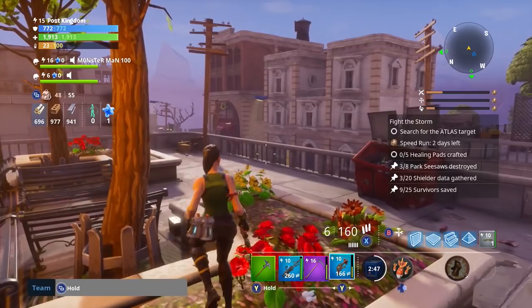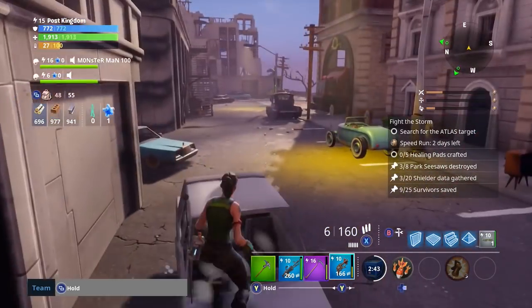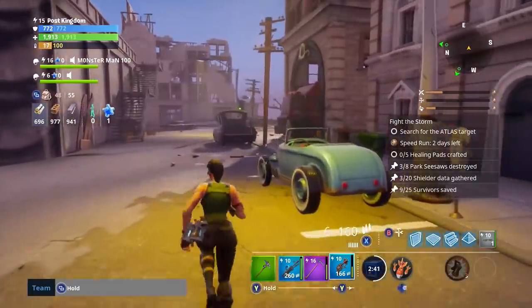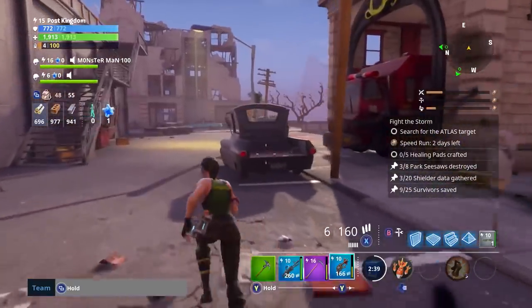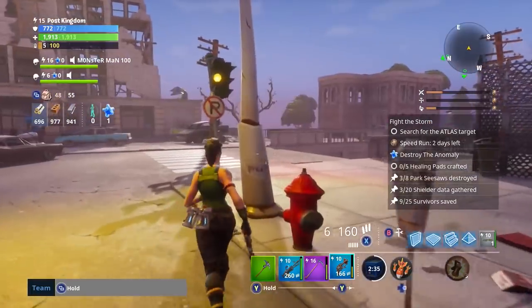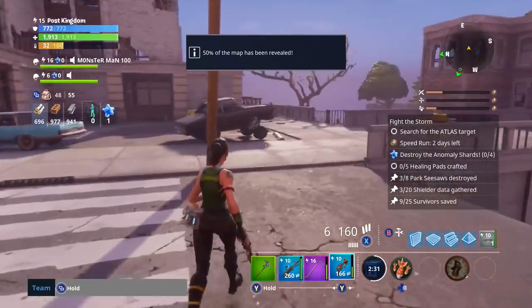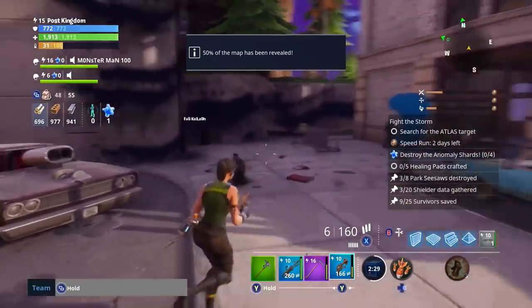But yeah, Save the World is an awesome game mode, and I really do highly recommend trying it out. It is quite enjoyable. I haven't managed to find the atlas yet, but that's the fun part of it. And if we find someone to save, we'll go and save them, because I do need to save some people. I don't see any locations for the atlas here. 50% of the map revealed, and basically the atlas just spawns in a random location every time,